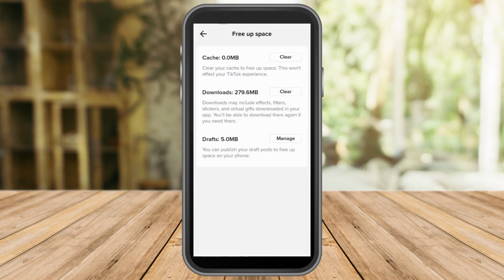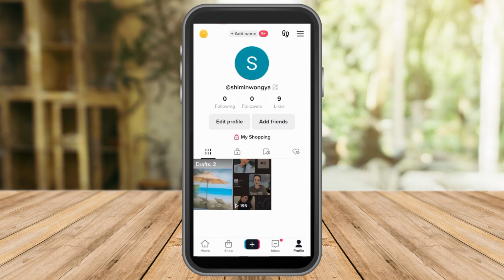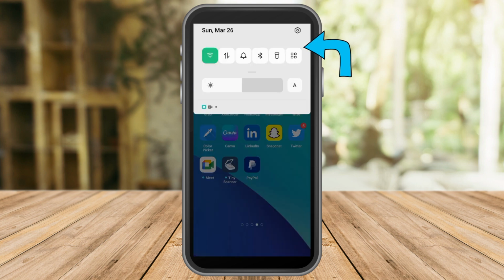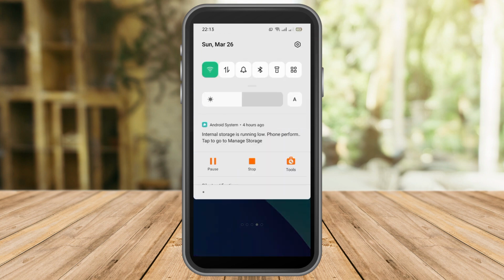On one video showing website, clearing your cache simply entails deleting temporary data that occupies space on your smartphone. Clearing cache data on TikTok means removing insignificant data in the app, which will free up storage space on your device. It is indeed very helpful to fix TikTok missing features. Now, once you have cleared your cache, one way also to fix TikTok missing features is to go to your phone settings,